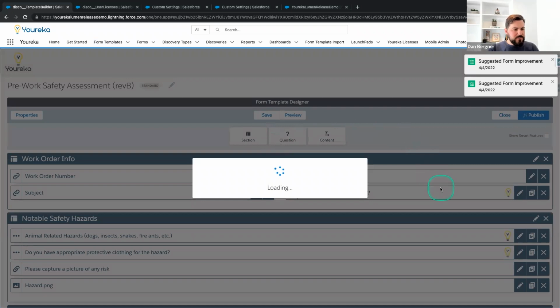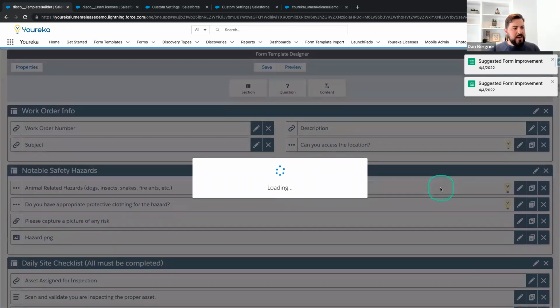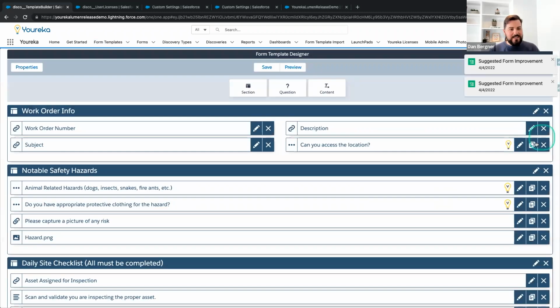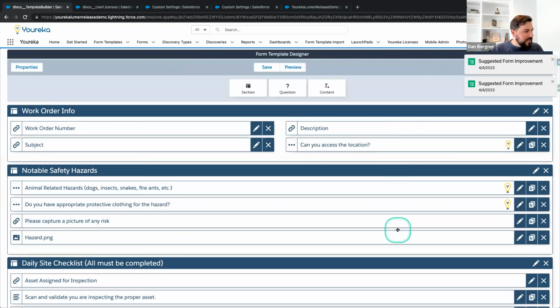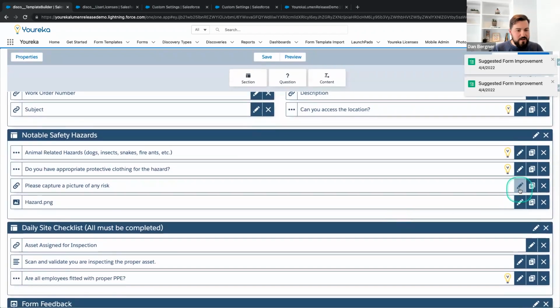So inside of those 2 changes, we had this pesky question around asking if you can access the location. And it sounds like 90% of the time the answer is yes. So I'm going to go ahead and change that one to have a default answer of yes. And then we've got our photo